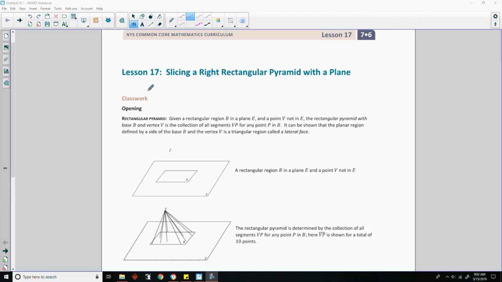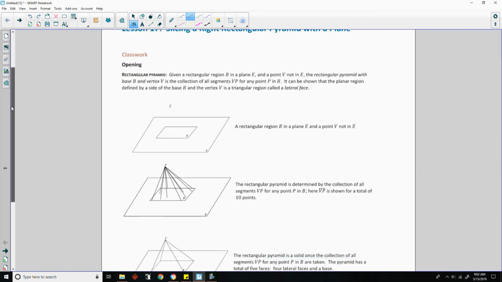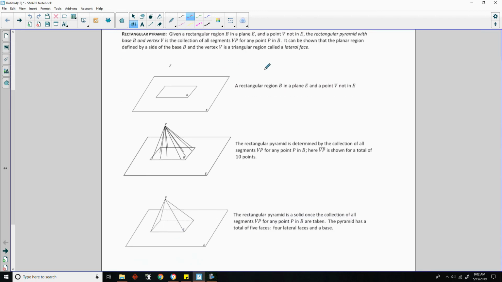Welcome to Lesson 17, Slicing a Right Rectangular Pyramid with a Plane. Classwork opening, rectangular pyramid. Given a rectangular region B, right here, in a plane, E, and a point V not on or in E, so it's up here in space, the rectangular pyramid with base B and vertex V is a collection of all segments VP